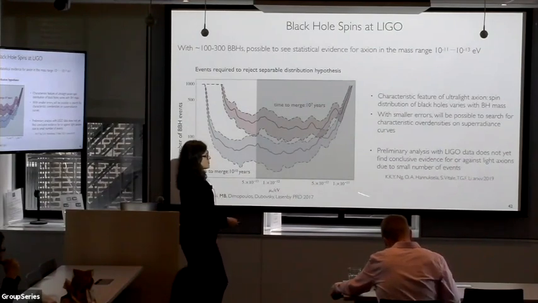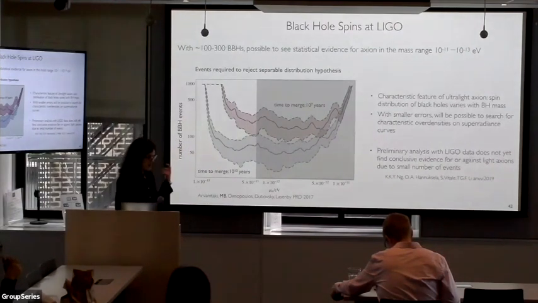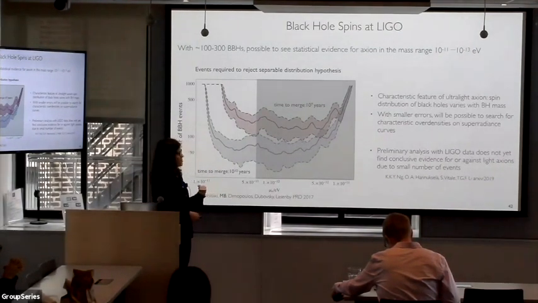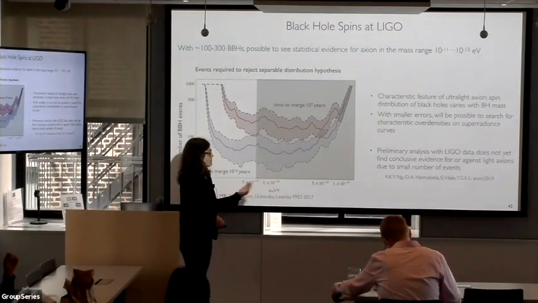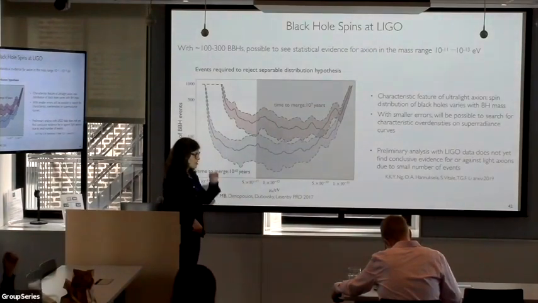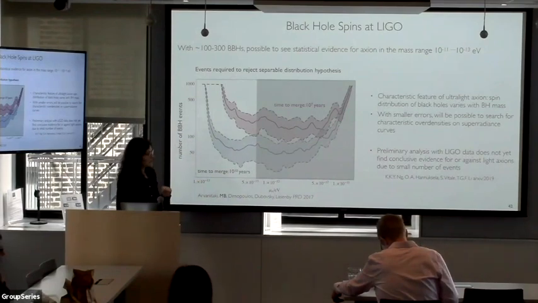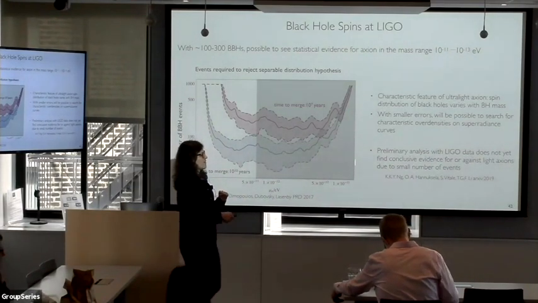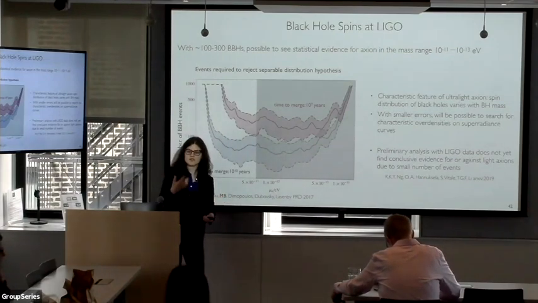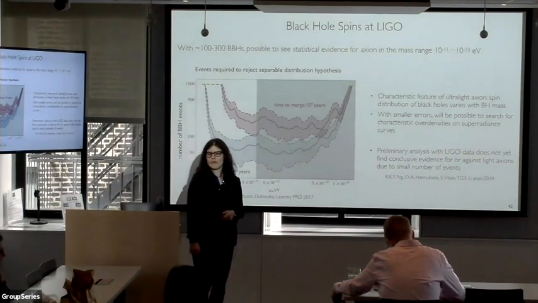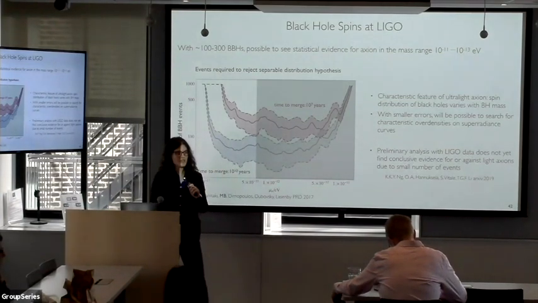Recently, there have been some analyses looking at a different statistic at the events that have already been observed at LIGO. They've concluded that there's not enough evidence yet, either for or against the existence of a light particle. I think so far they just looked at one example of a particle mass at 10 to the minus 12 eV. But so far we have 10 events on tape, so I think this is going to get very interesting in the next few years now that we're seeing one merger per week or so. That could give us enough information very soon to start doing these kinds of more detailed analyses.